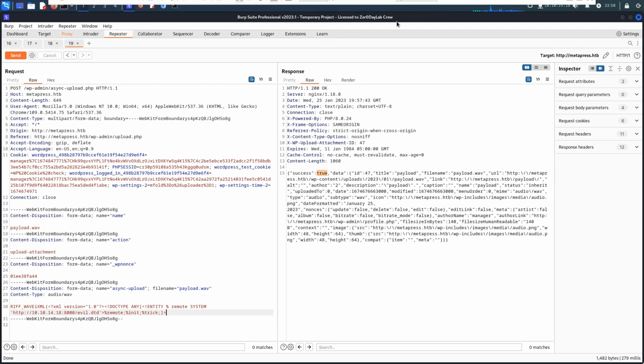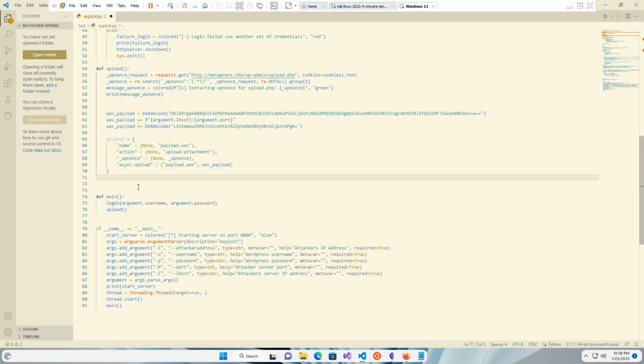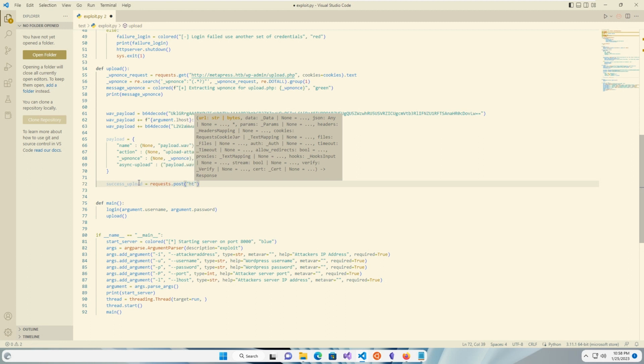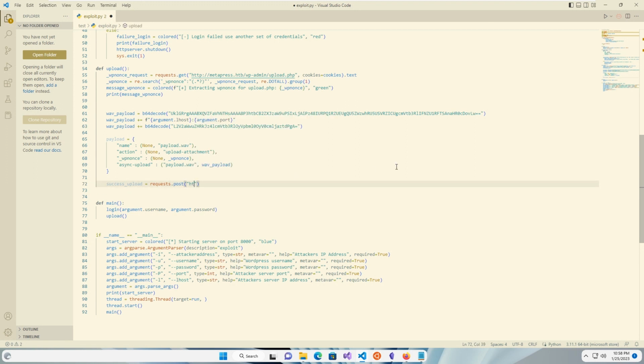So what we can do next is to try the upload and see if it's going to work. We're just going to be looking at the success response and see if we get the same exact thing. So I'm going to create another variable called success_upload, which equals requests.post, then specify the URL. Later on, lastly, we are not going to be hard coding the URL. We're just going to use argparse to pass it, but it's the last thing I'll do before finishing the walkthrough. So it's